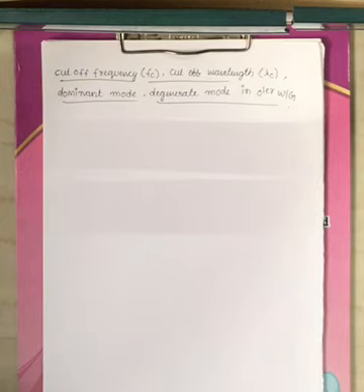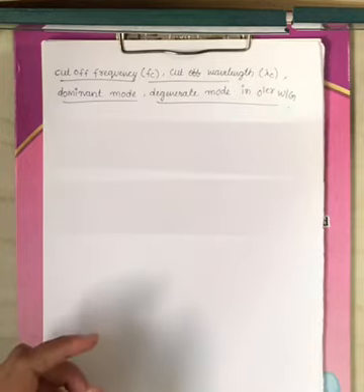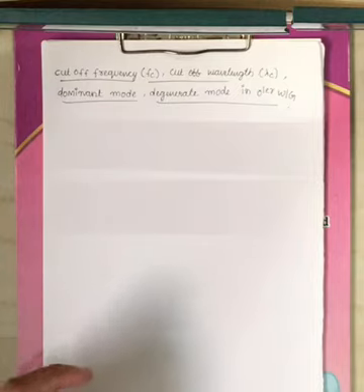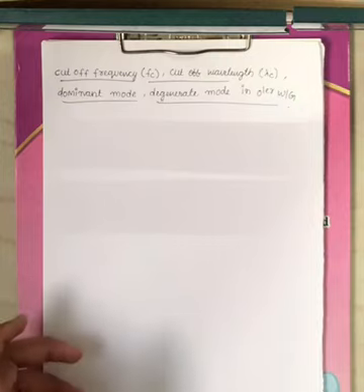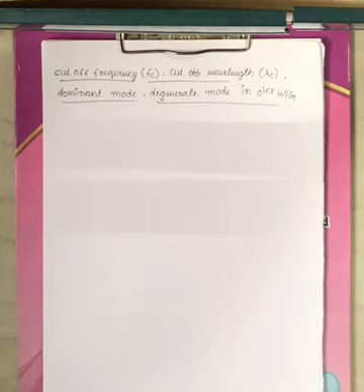Now coming to the next topic. We have to find the cutoff frequency formula and the cutoff wavelength formula, followed by the dominant mode of circular waveguide and the degenerate modes of circular waveguide. A total of 4 topics I will cover in this lecture. First we derive the cutoff frequency, followed by the cutoff wavelength. Then we find the dominant mode of circular waveguide, and then the degenerate modes of circular waveguide, right?